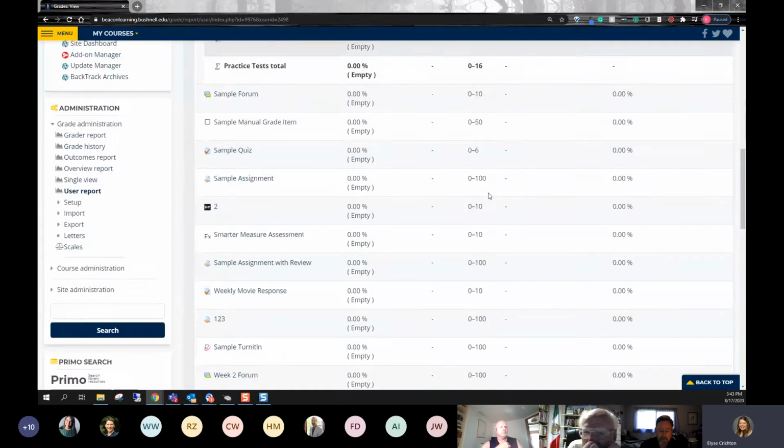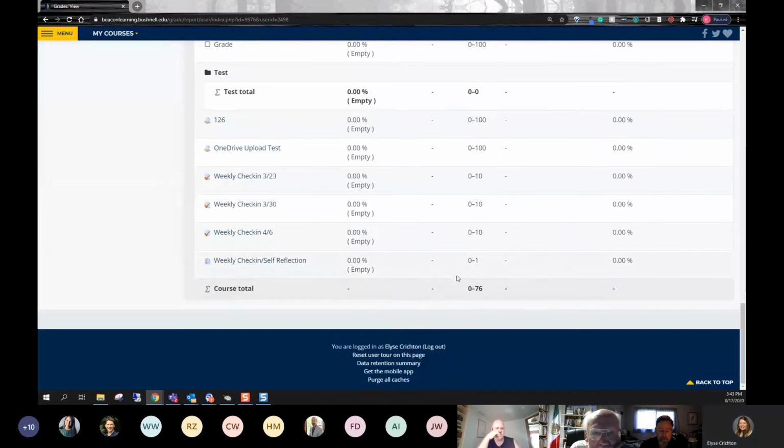And now if you scroll to the very bottom, if you don't see a course total here, your students can't either. The most common reason this would happen is if you have an activity in your course that has a max grade, but is hidden.